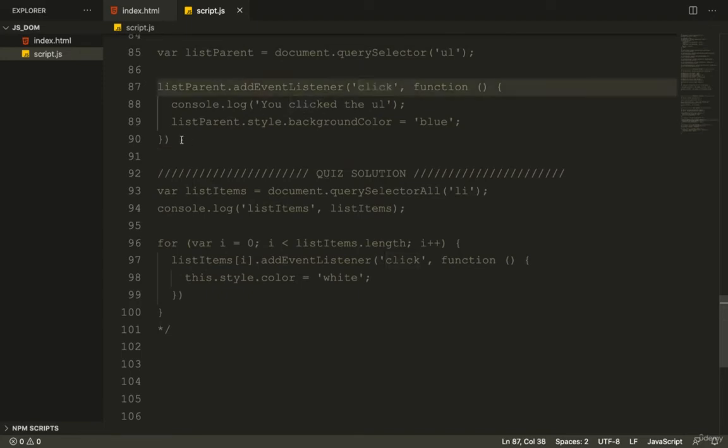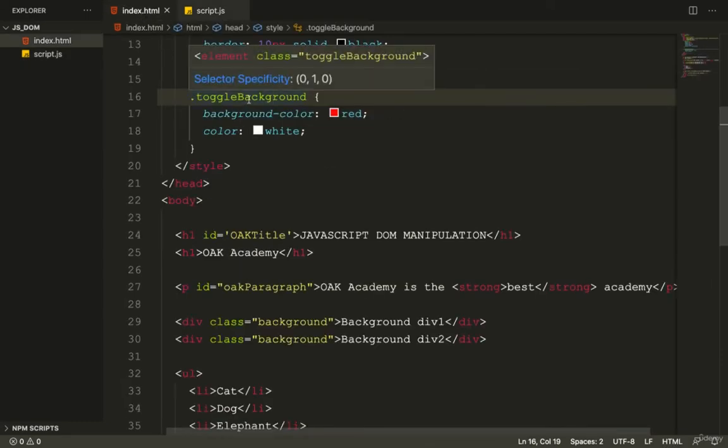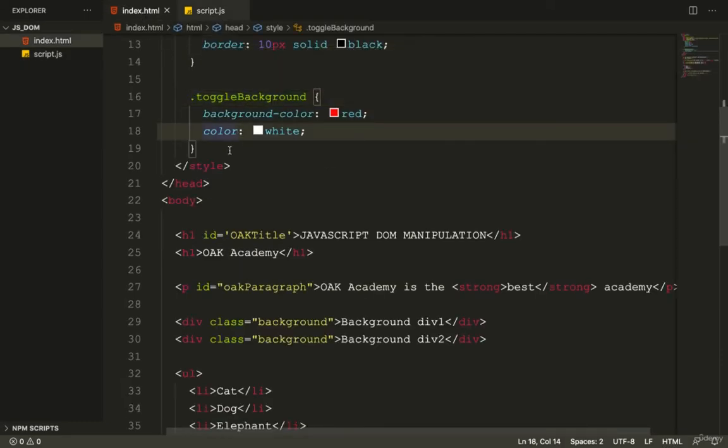That's pretty much it. But we don't have to write this function always. I can define a separate function, and then I can call it here. So first, we're going to see the syntax, and then we're going to talk about the pros and cons of this approach. So I'll go to the HTML file, and in the HTML file I created a class named